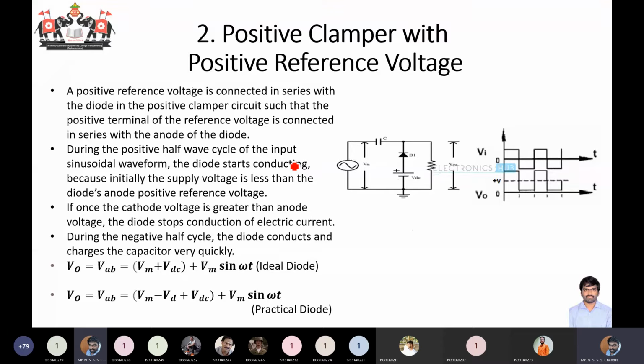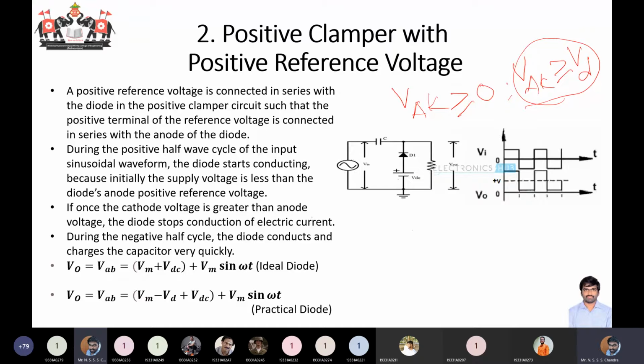So whenever you want to write the condition again, what's the condition for the diode to be in on condition initially? Should the diode be on or off? Tell me the condition. In every class I'm speaking about the same condition. If VAK is greater than or equal to 0 for an ideal diode, then the diode will be in on condition. If it's a practical diode, VAK should be greater than or equal to VD. Okay, in this state, your diode will be on. Otherwise, for all other conditions, your diode will be in off state, right?